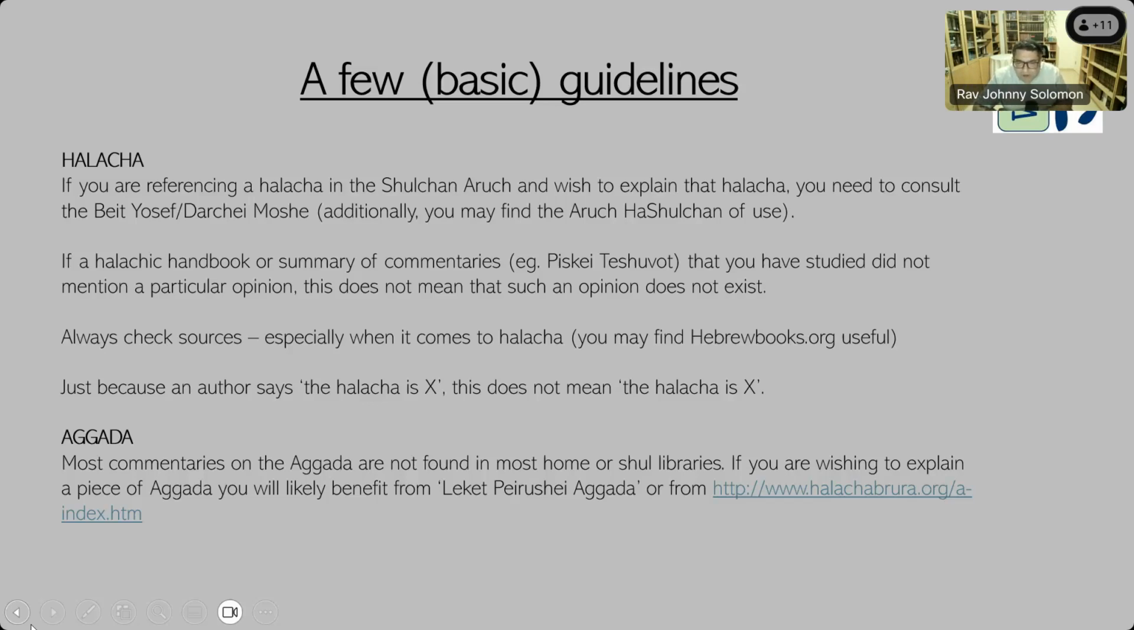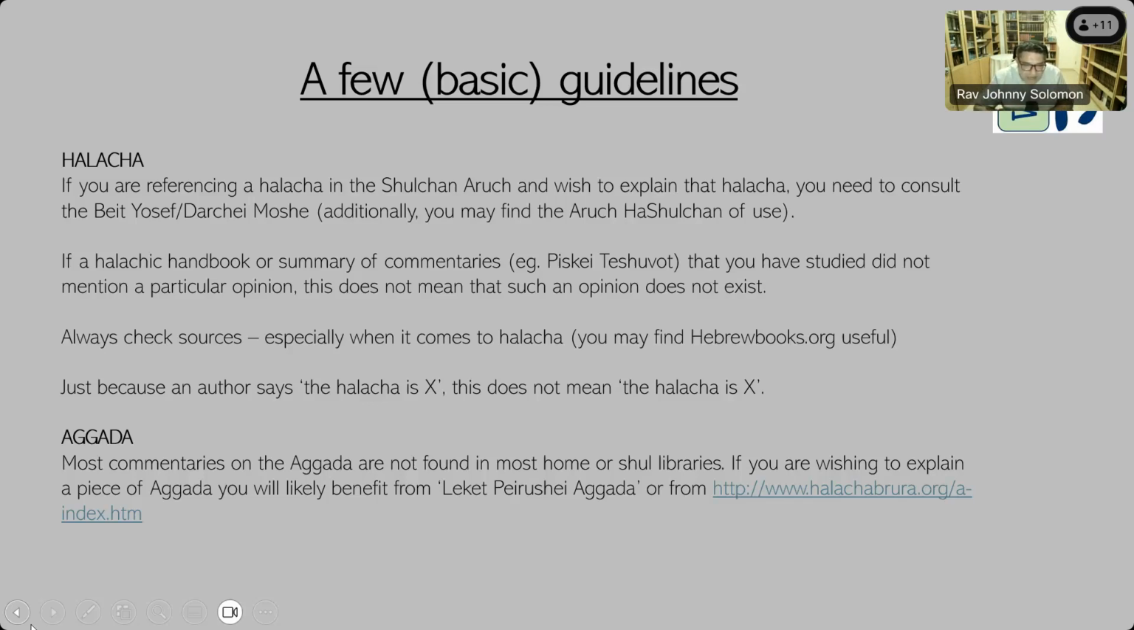Okay, if you're giving a shiur about agada, agadata can be both midrash and found in the Talmud Yerushalmi, and especially Talmud Bavli. Most of the commentaries on agadata are not found in most libraries, for various reasons, just to do with sometimes how popular they were. So if you're exploring a piece of agadata and you really want to know what people say about it, you may need to look at